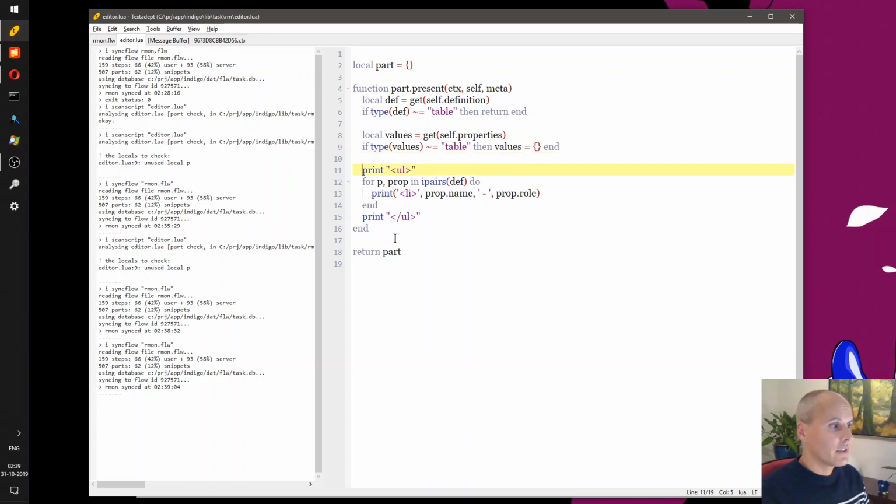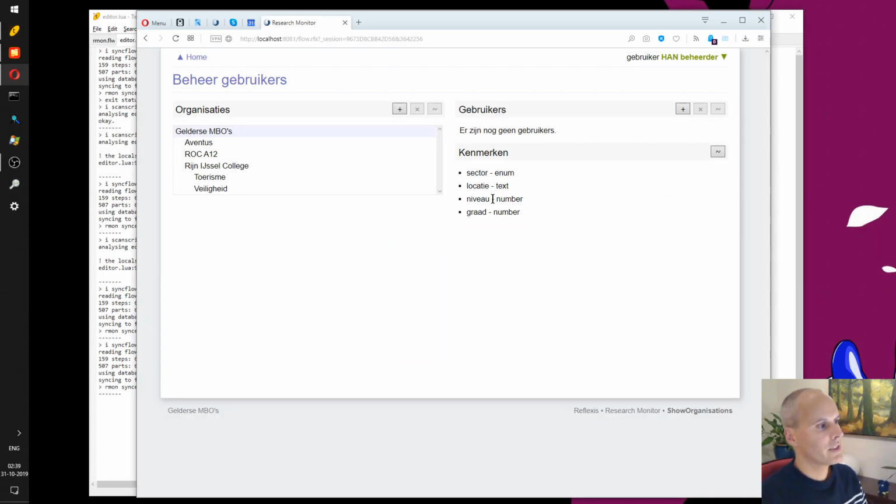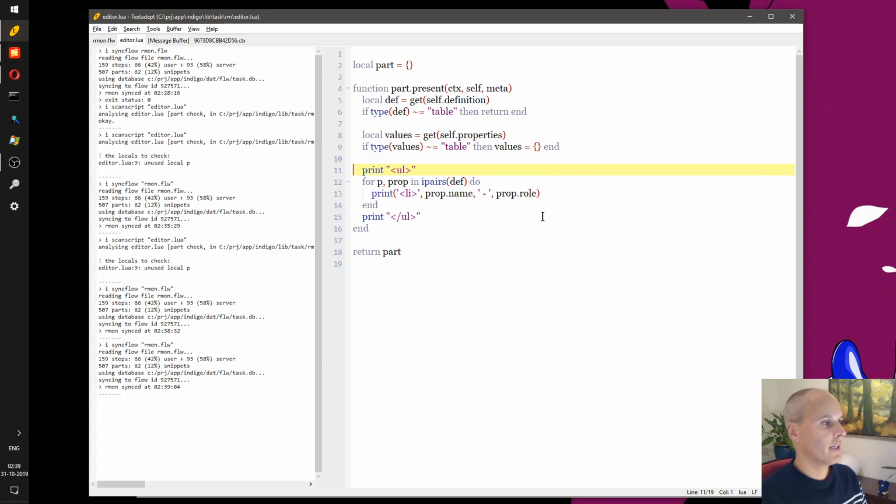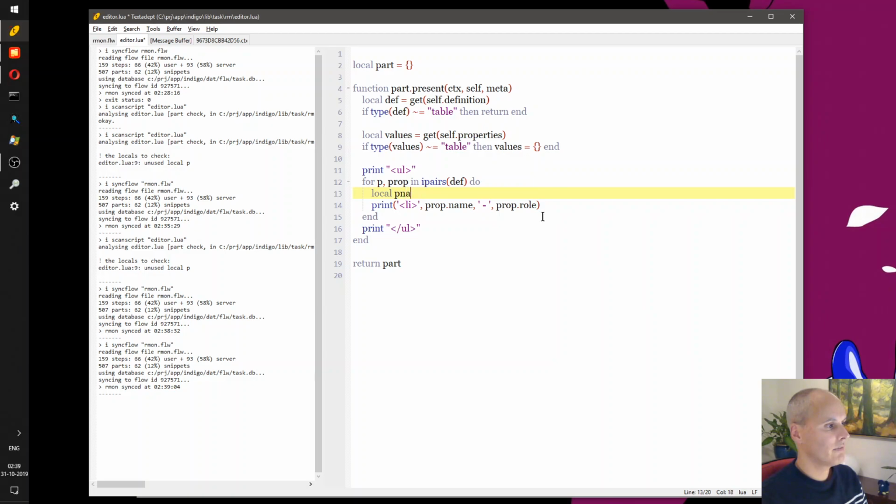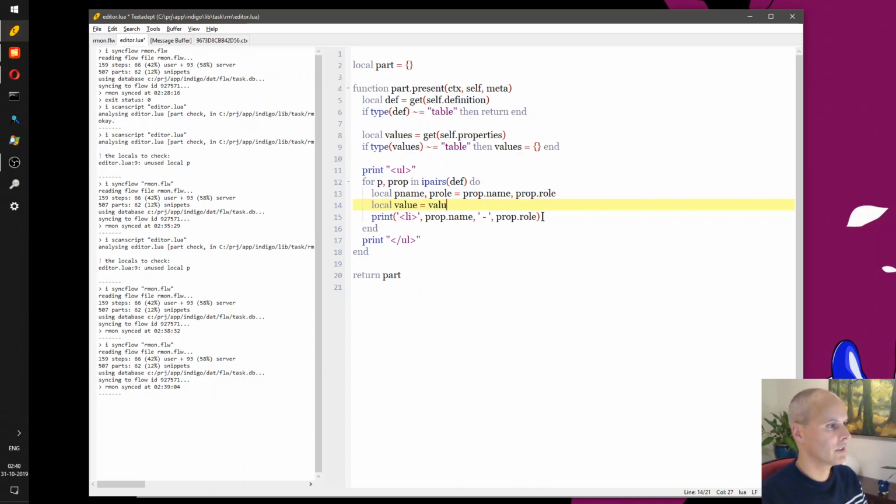So what I now need to do is rewrite this bit, because for each of the properties in the definition of properties here, I want to display the correct value. So what I could do is something like this. Property name, property role. The value is values property name,